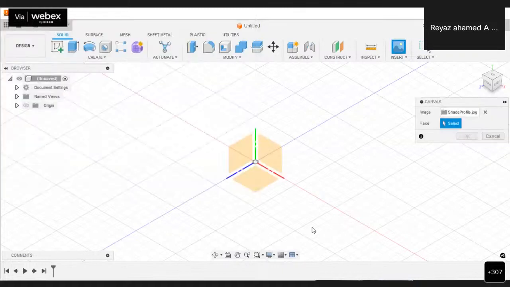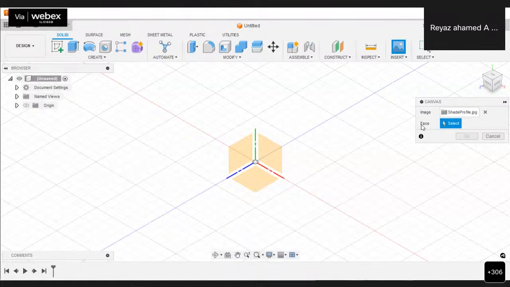If I click on open, a dialog box appears. See, canvas is there. I have to choose the face.